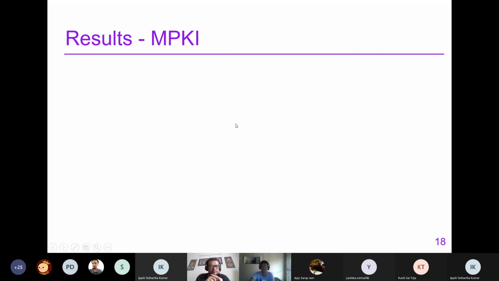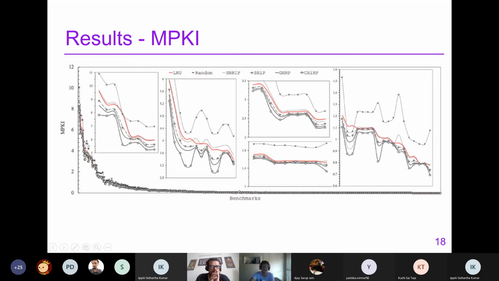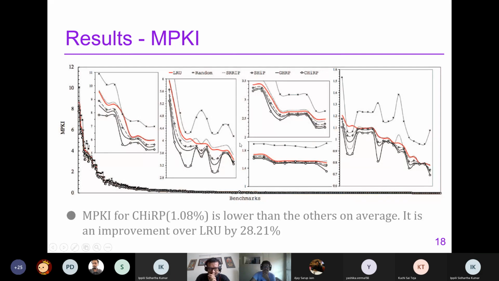The first result was for the misses per kilo instructions, and these are the benchmarks it was tested upon. As we can see, CHIRP has relatively low misses compared to every other replacement policy. Here it is dipping much lower than the other policies. The average MPKI for CHIRP is calculated to be around 1.08, and it is much lower than the others on average. It is an improvement over LRU by 28.21%. LRU had around